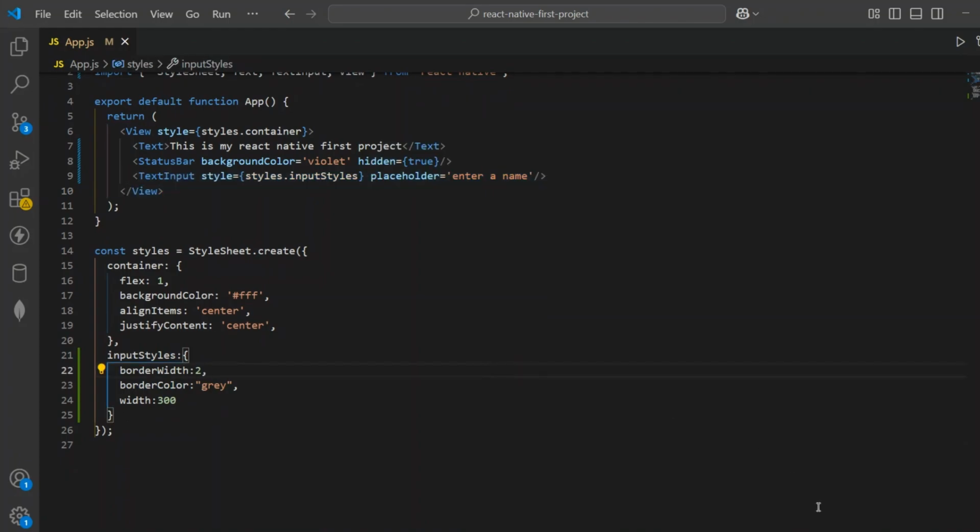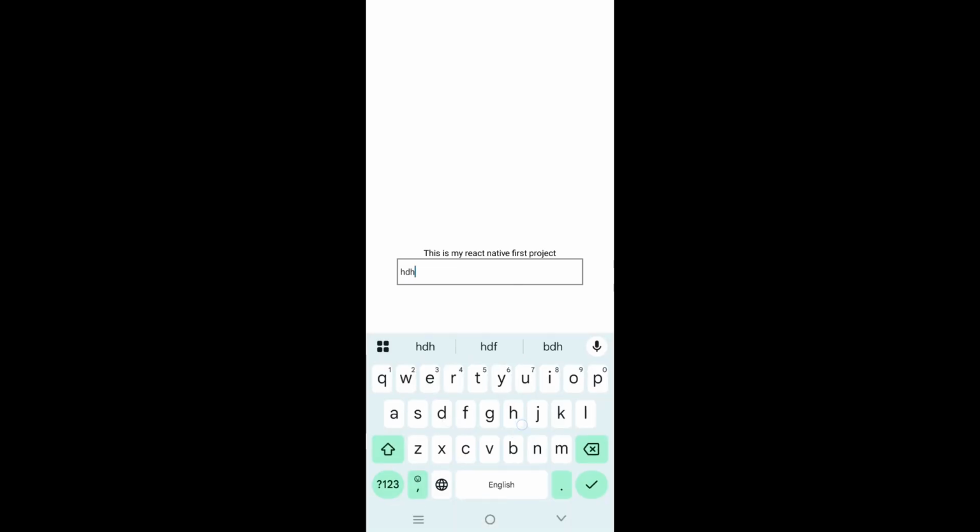Now let me show you the UI. Now if you see, we get the gray border color for our text input. Now if I type something inside this input field, I want to show that value below the text input. So for that,